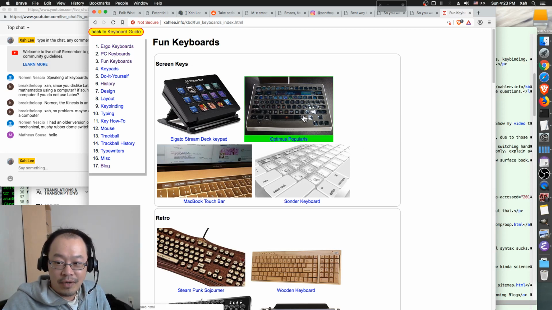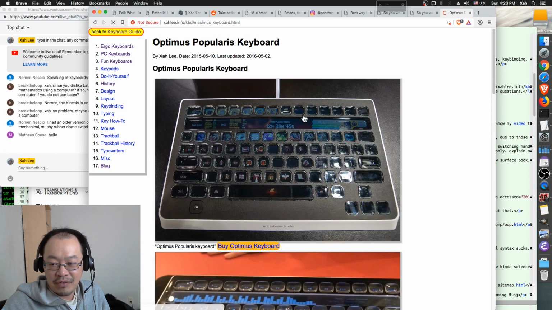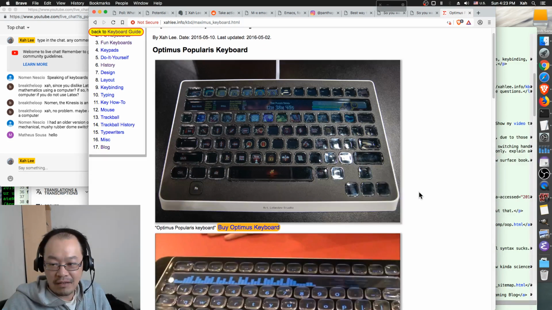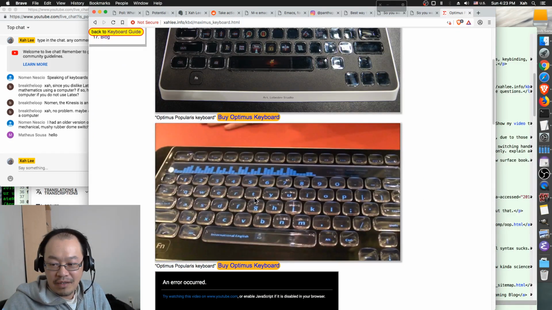For example, this one lights up. Very expensive though, a few $100s. Each key is actually a liquid crystal display, and it can do animations. It can actually show a small movie.